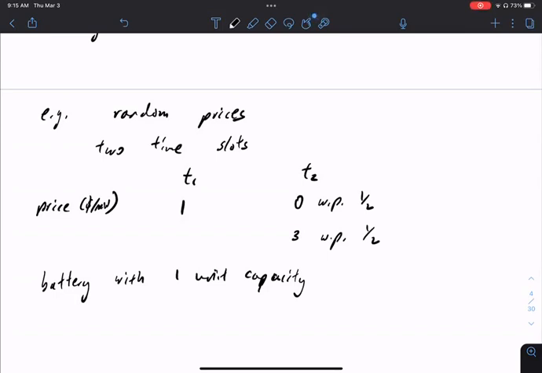Right, so here the idea is maybe yes, because on average, this is 1.5. So you think on average, maybe you can make some money out of it. Okay? So one idea is to say,